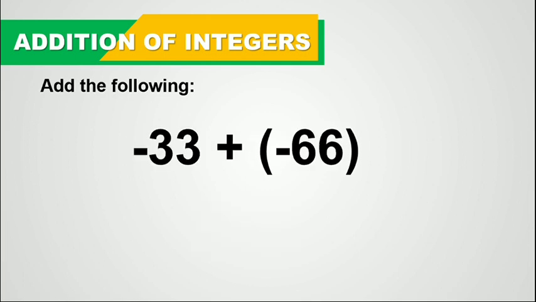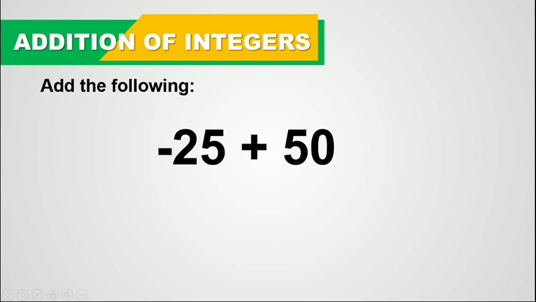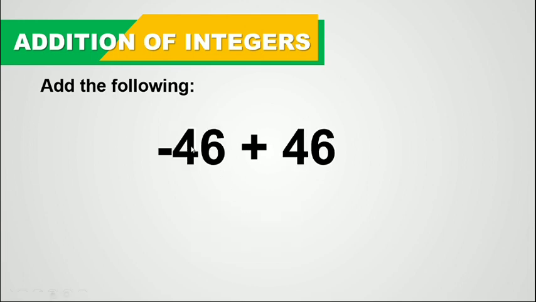How about this? Negative 33 plus negative 66. What is your answer? It's negative 99. So, right, both of them have the same signs. How about this one? Negative 25 plus 50 equals, it's positive 25. Now, how about this? Negative 46 plus 46. The answer is,